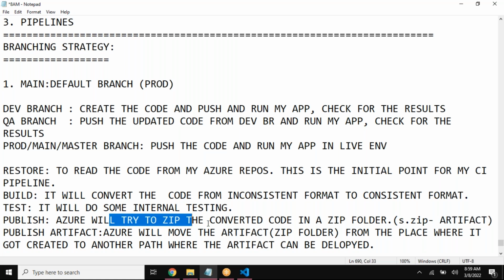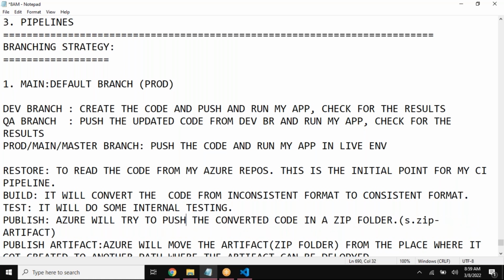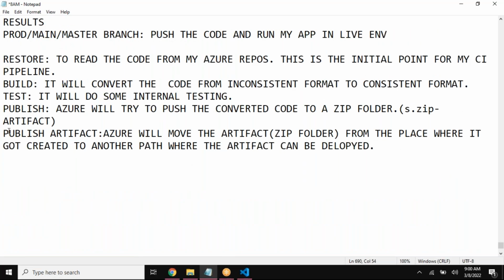Azure will try to zip the converted code in a folder in here, or try to push your code to a zip folder. Push the converted code to a zip folder, and that zip folder is called what? Artifact. So finally, I'm trying to publish my artifact. That means Azure will try to move the artifact from the place where it got created to another path where the artifact can be deployed